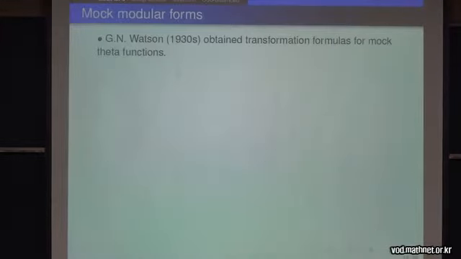For the structure of the mock theta function, it has more history. First, G. N. Watson obtained some transformation formulas for the mock theta functions. Actually, these mock theta functions are too complicated to understand. And then many years later,